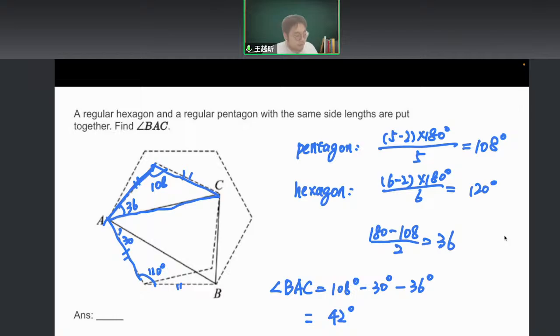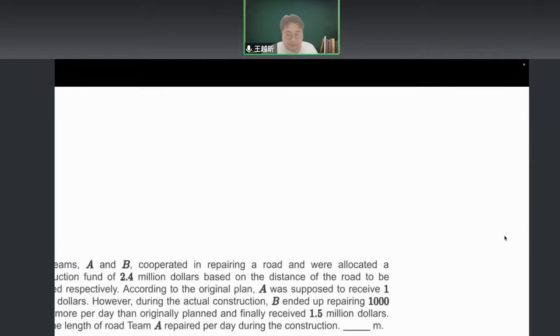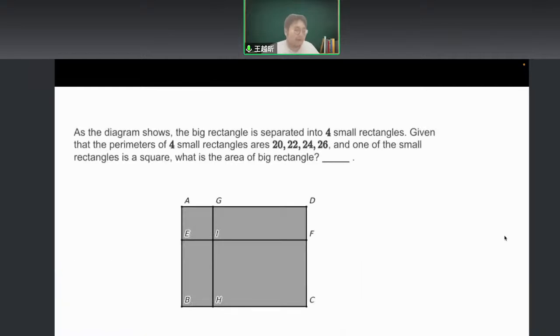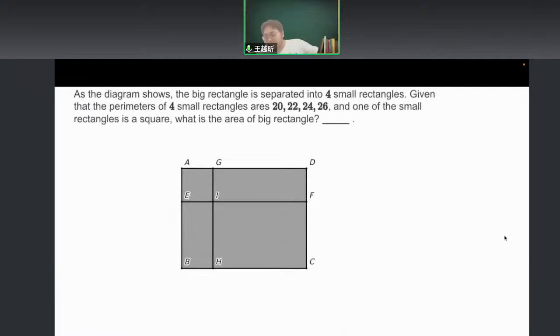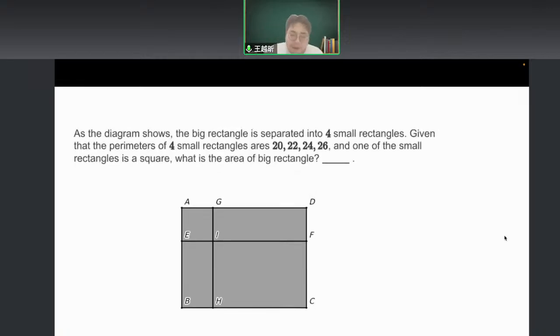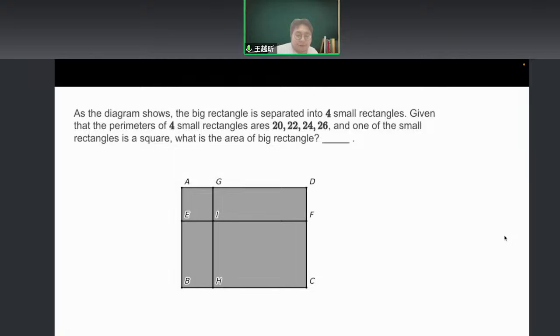So now we can look at another geometry question. I think it's very hard for you. It's not very hard. It's just very complex for you to write down all the situations. For example, after reading the question, we know we have 4 small rectangles and 1 is a square. Remember that a square is also a kind of rectangle. And we know 4AD plus 4AB